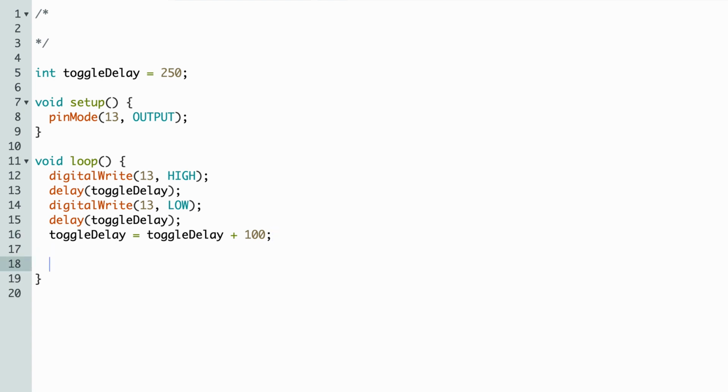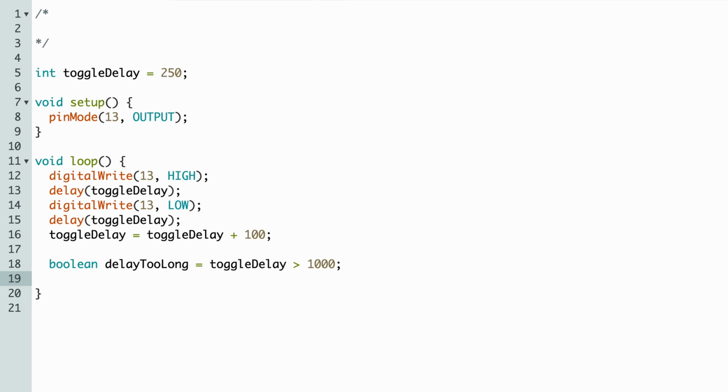So we create a boolean type variable again and give it a descriptive name, such as delay too long. Because we don't really want to keep track of a value over time, but just care about calculating a value right now, we don't need to create it outside of that loop. It will just be recreated every time the loop function runs, which is fine. Then, to set the boolean, we do a comparison with the toggle delay value. Toggle delay bigger than 1000. So that when toggle delay becomes bigger than 1000 milliseconds, the variable will be true.